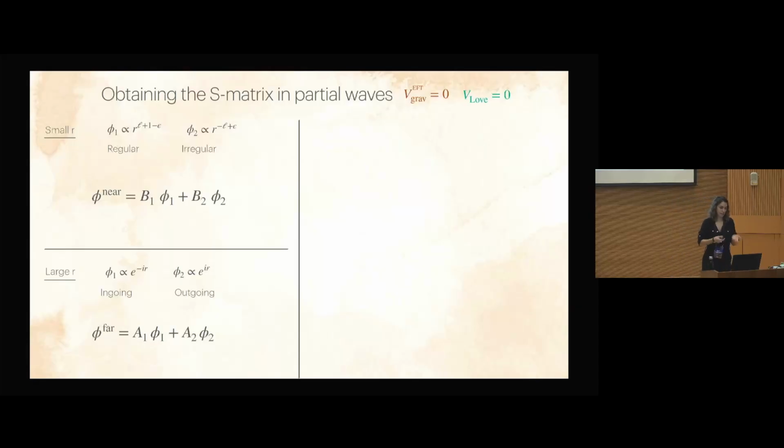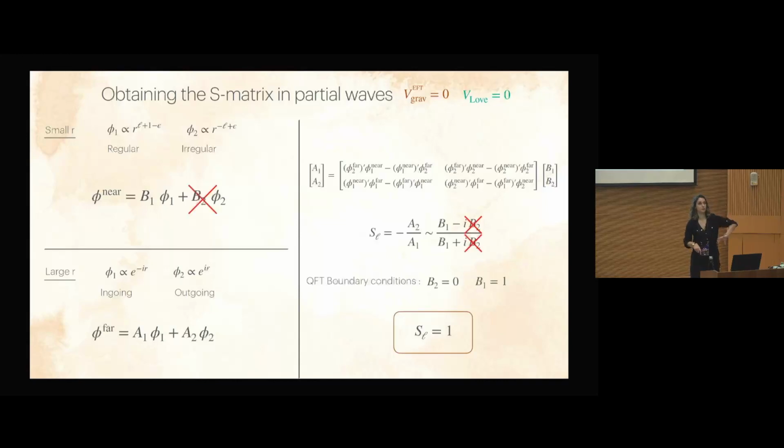And once again, phi is going to be some linear combination of those. But those two are basically solutions of the same differential equation, so they should match somehow at some point. And what you can write by imposing this condition is a relation between A1, A2 and B1, B2, which is basically given in terms of this matrix, which is some combination of Wronskians. You can do this, and at this point, what is the S matrix? The S matrix is just the ratio of A2 and A1, and it looks like this geometric series.